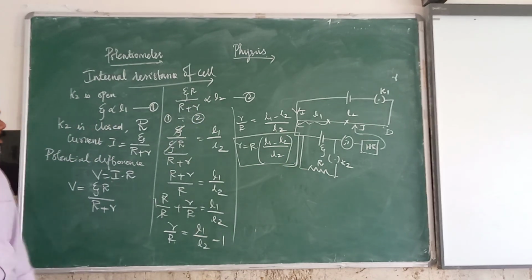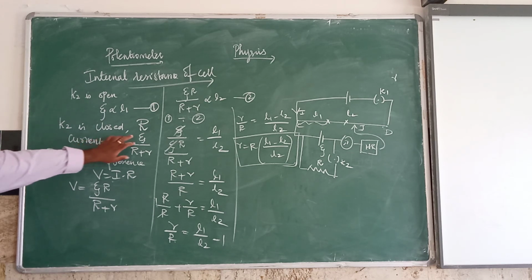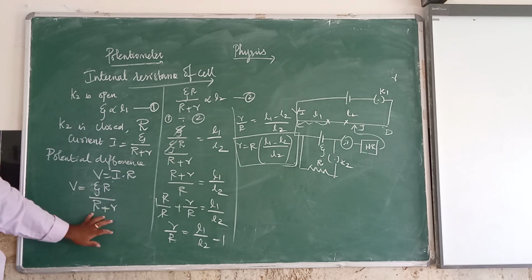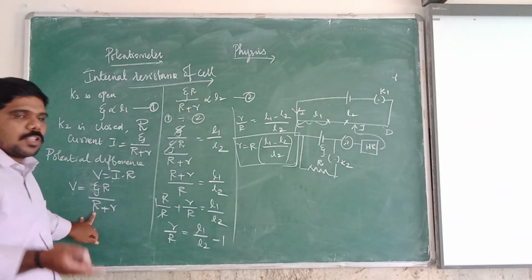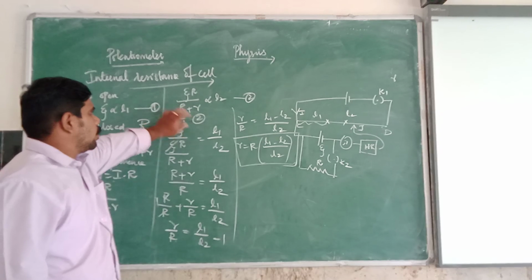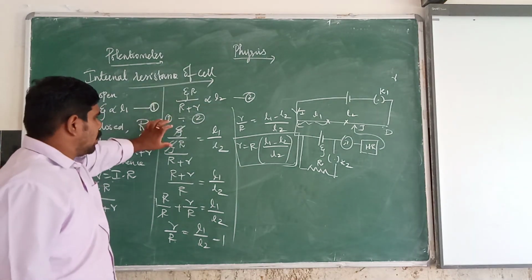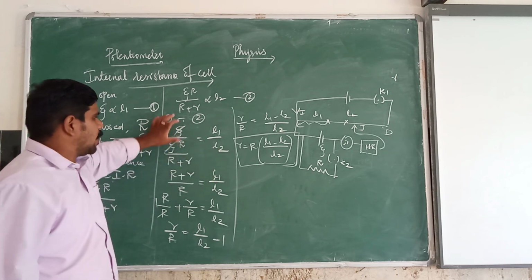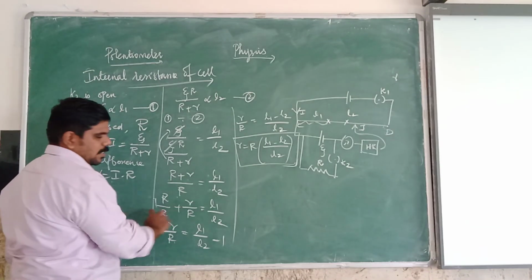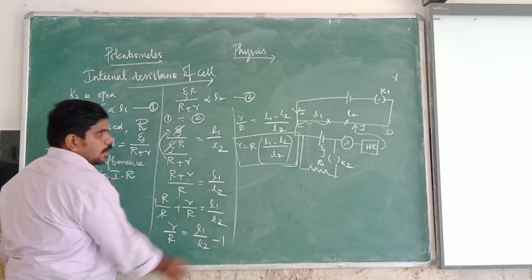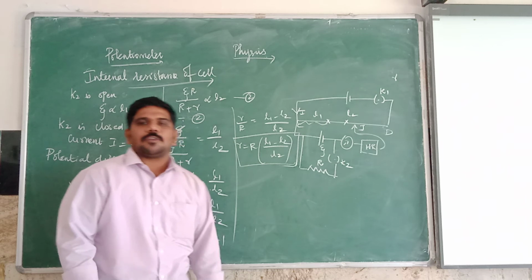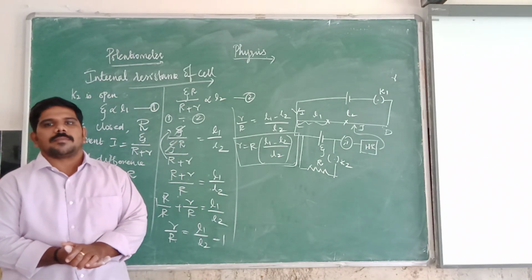Okay, clear? When the key K2 is closed, the current I is equal to V by R, so psi by R plus r. So the potential difference V is equal to I into R, so V is equal to psi R by R plus r. The potential difference is directly proportional to the balancing length L2, so psi R by R plus r is proportional to L2. Equation number 1 divided by 2, psi cancels. This R plus r is moved to the numerator. So R plus r by R is equal to L1 by L2. We split that term. This 1 moves to the right hand side, which is minus 1. Then we take LCM. From this r is equal to R into L1 minus L2 by L2. So if you know the balancing lengths, you can measure the internal resistance of a cell by using a potentiometer.